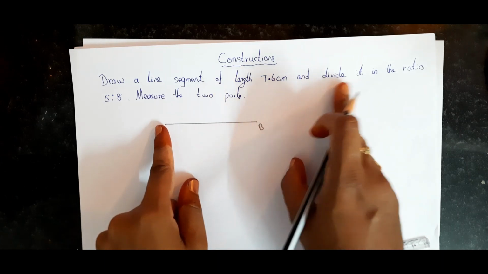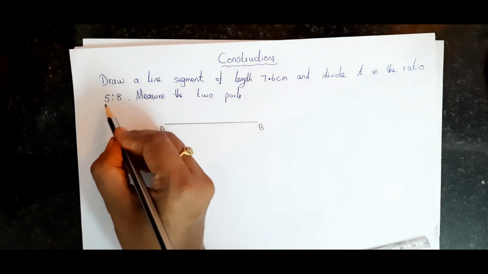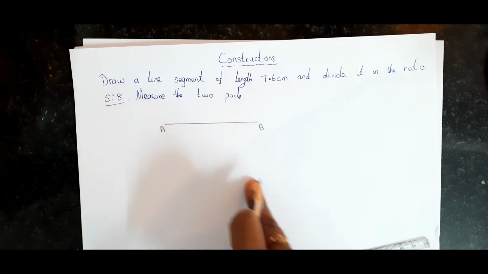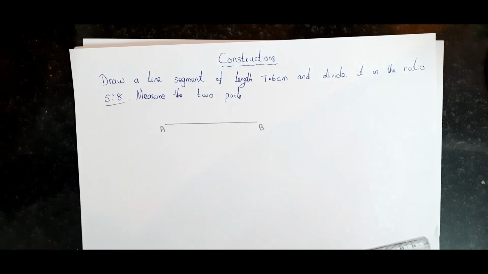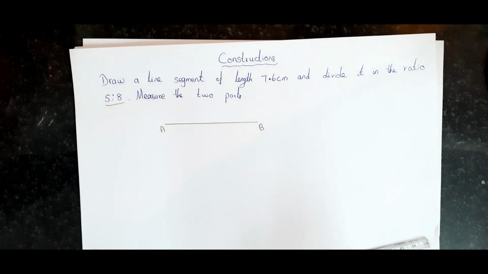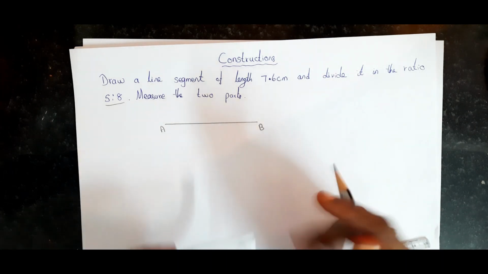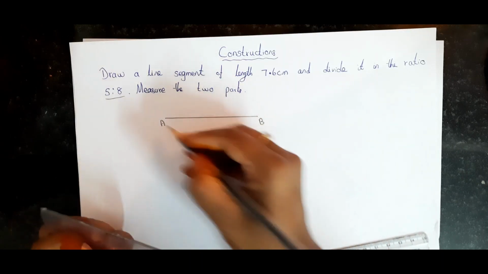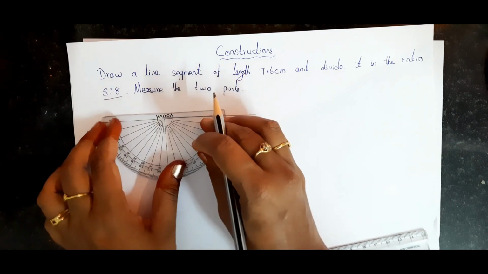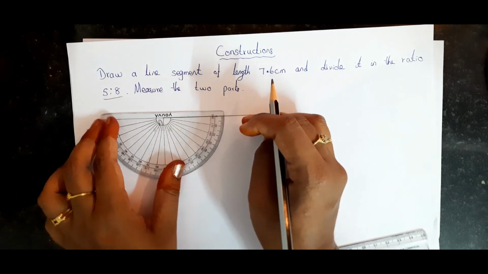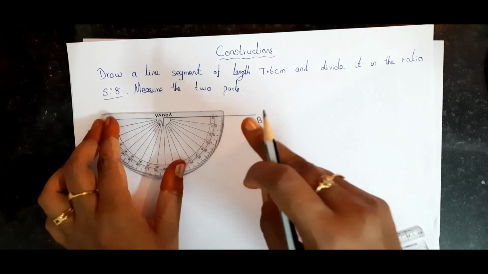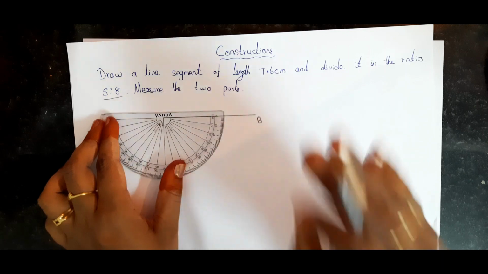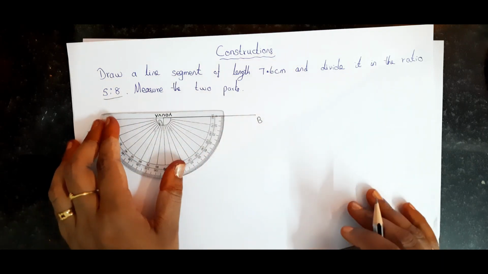Next we are going to divide the line segment in the ratio 5:8, right? Before that, first from A we have to draw an acute angle. What is meant by an acute angle? An acute angle means the angle is less than 90 degrees, 0 to 90 degrees, right? So take a protractor and keep it on the point A, and we have to draw the acute angle. You can do 30, 40, 50, any angle. Better you do 30 each time, then the figure looks good, okay?